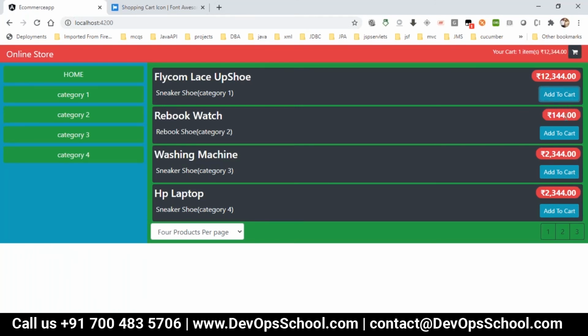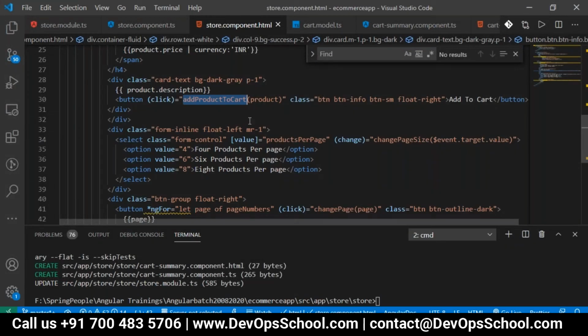But when you have products in the cart, you see 12,344 plus 144, and if I add more items, the price also increases. Whatever code we have written till now for add to cart is all working properly. So that's why we have to send the product.